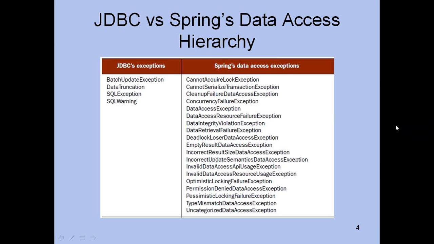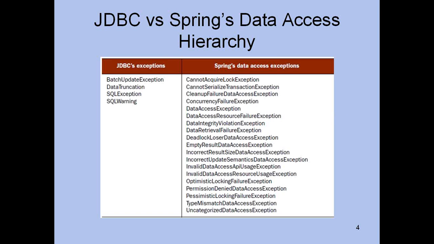What Spring does is convert all these checked exceptions like SQL exceptions into unchecked exceptions. You don't need to handle them, but if you want, you can. Whenever an exception happens, Spring will find what kind of exception it is, and that will be caught by the Spring framework itself. So you don't need to write those catch blocks.